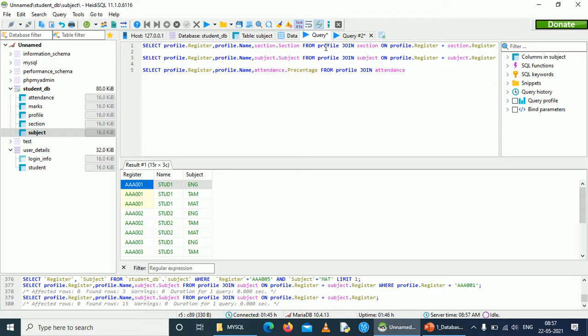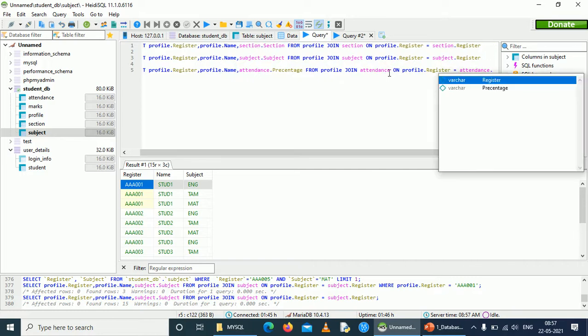I think you can see the difference: profile table and section table, profile table and subject table, and profile table and attendance table, on profile.register equal to attendance.register.